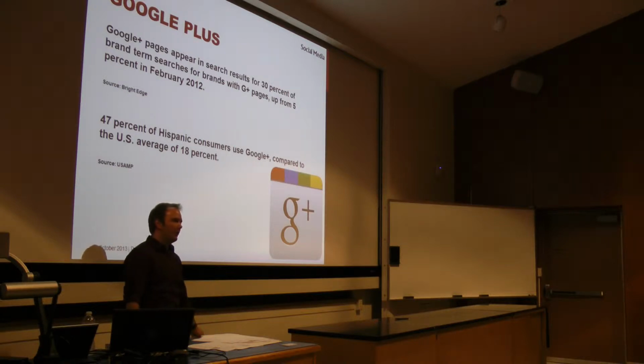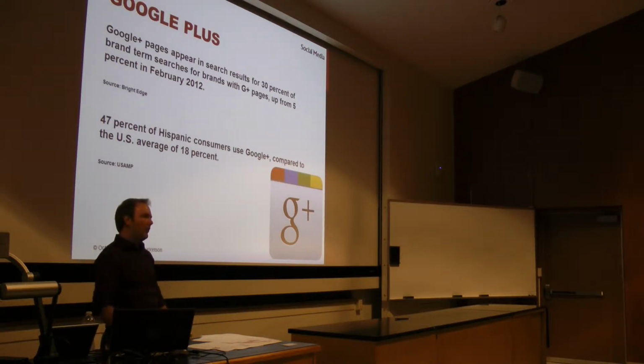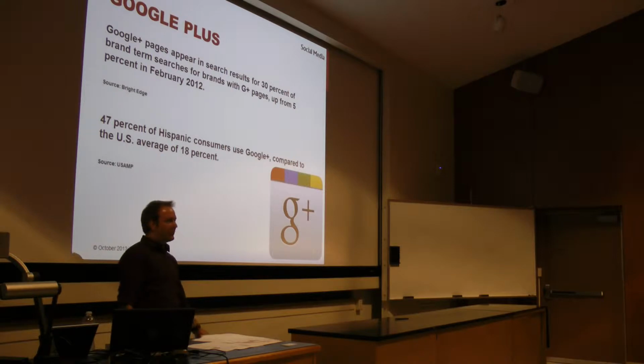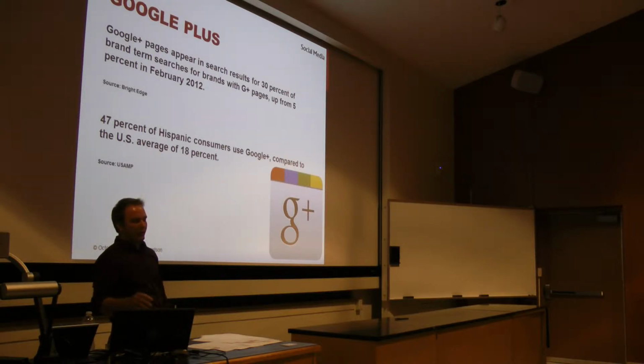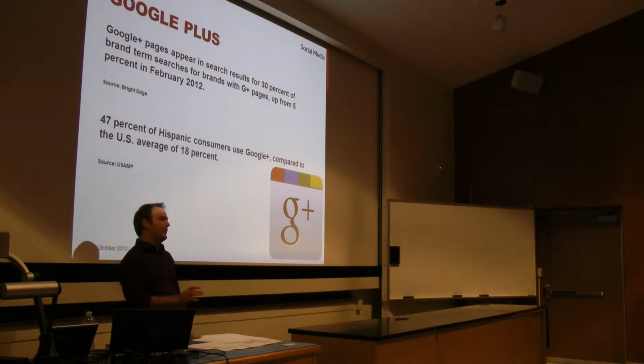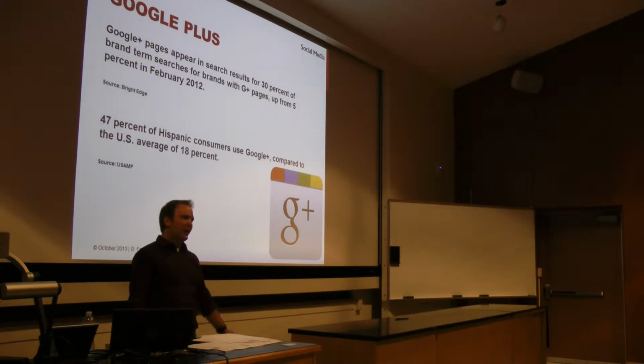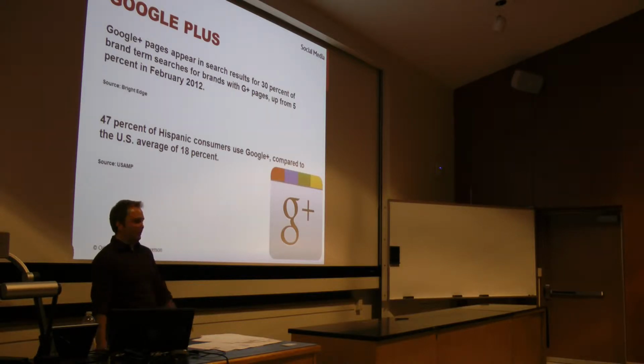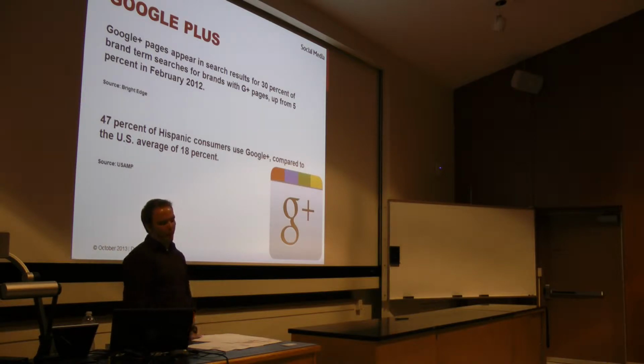Through Google Plus, you get what's called authorship. When you see those results on the search engine page, where you might have some ads at the top, some pictures on the side, some images, and maybe a video, well, a fourth or fifth content will be authorship or blogging. So it's another way to steal some space on the page. Google loves you for doing it, but if you're not already engaged in blogging and you don't plan on blogging, then Google Plus is probably going to be a little bit more difficult to pull off.